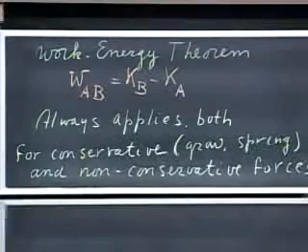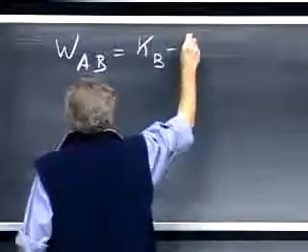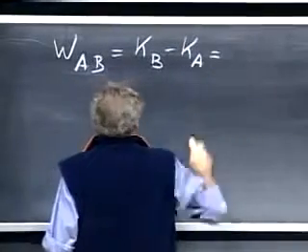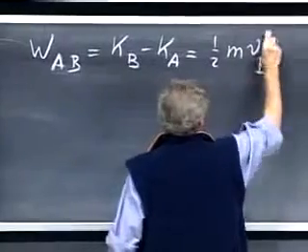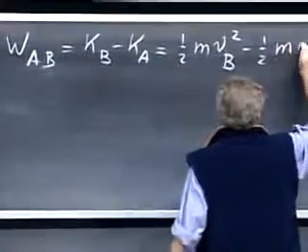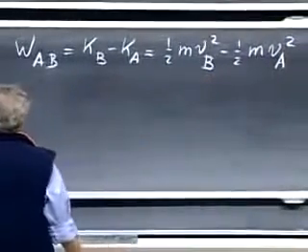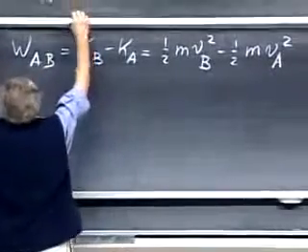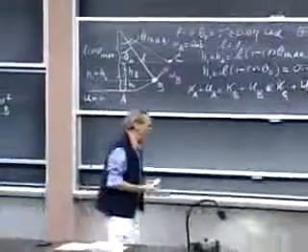The work energy theorem tells me that the work done on that object, when the object moves from A to B, equals the kinetic energy at B minus the kinetic energy at A. That is 1/2 m VB squared minus 1/2 m VA squared. And how much work was done by gravity in going from A to B? Because gravity is the only force that does work. The tension is not doing any work